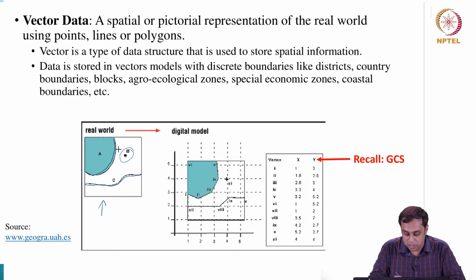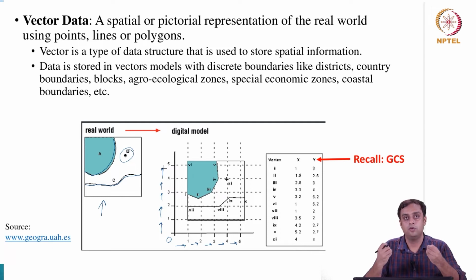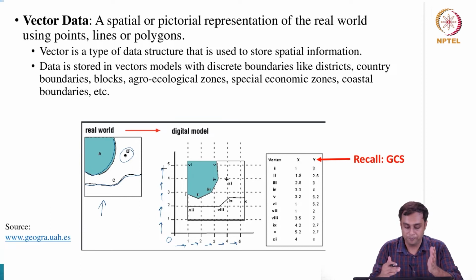You can see that first of all you have a coordinate system, right? So you have an origin and then you have a coordinate system where you have the x axis broken down into discrete steps. So discrete steps of 1 to 2 to 3 to 4 and 5. And the vertical axis, that is the y axis, is also similarly broken down into discrete steps, right. Like we said, vector data are discrete data. So we have these discrete steps in which the x, y, the two-dimensional space is broken down, right.